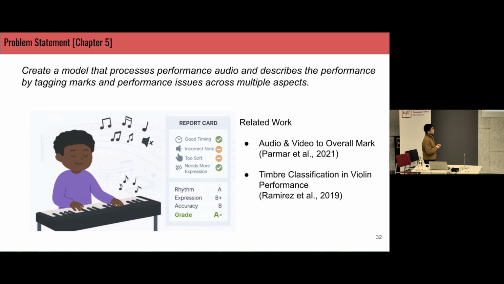There's previous work done by Palmer, but that is overall scoring or marking, scaled from 0 to 10. Another task done previously is timbre classification in violin performance, done by Dr. Rafael Ramirez, jury here today.